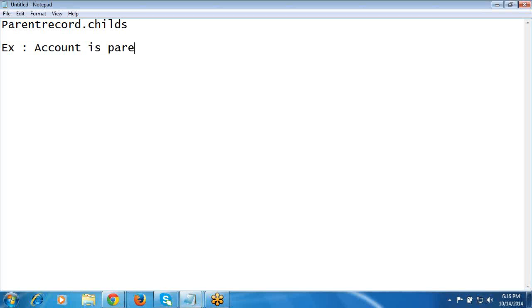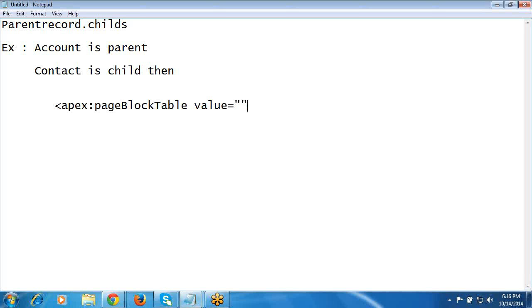Account is a parent. Customer is a child. Sorry. Let me take account is a parent. Contact is a child. Then how should I refer? Apex block table, or else I can simply give it in this format. Okay, let me take this example over here. We have not started the Apex, so I am making it simple. Page block table value equal to